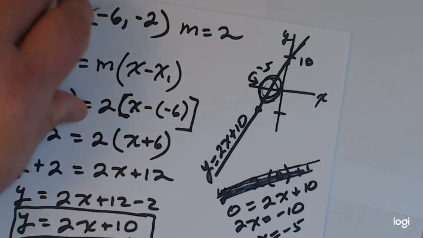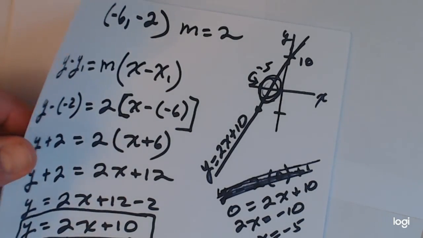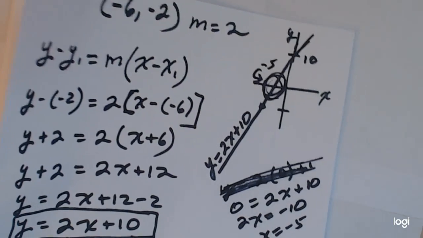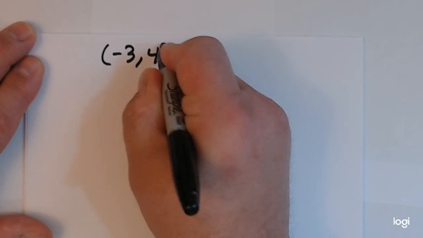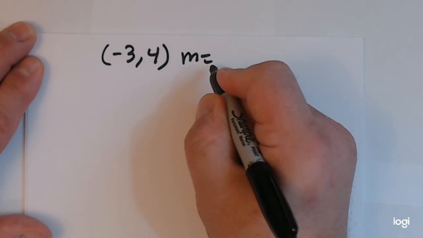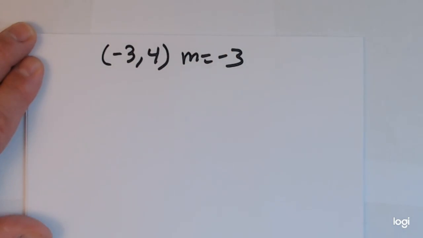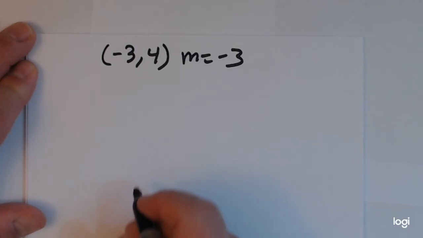Let's take a look at another example here. Let's see what we can do. How about negative 3, 4, and the slope is equal to negative 3. Okay, so